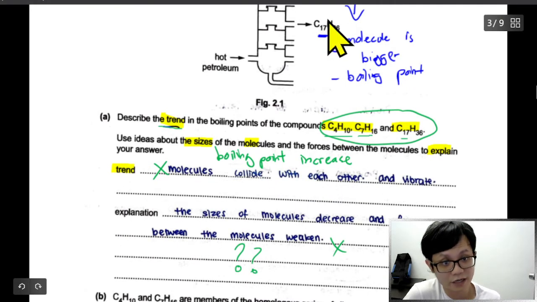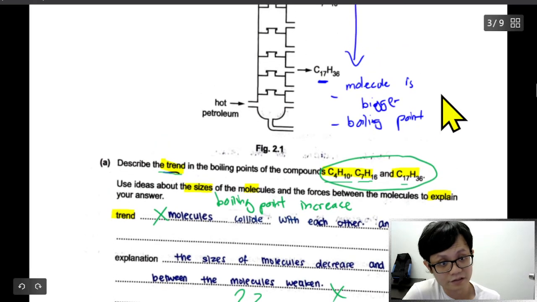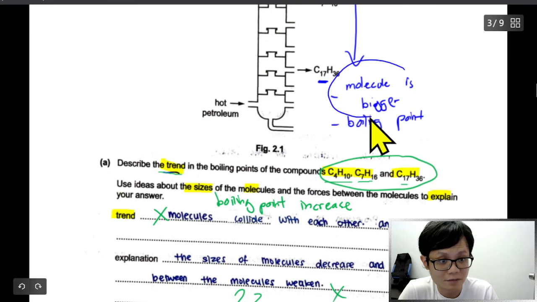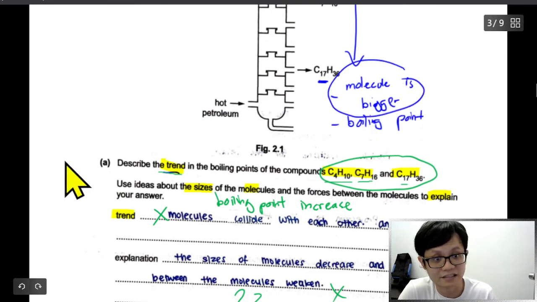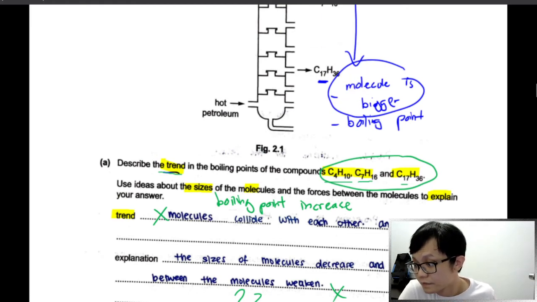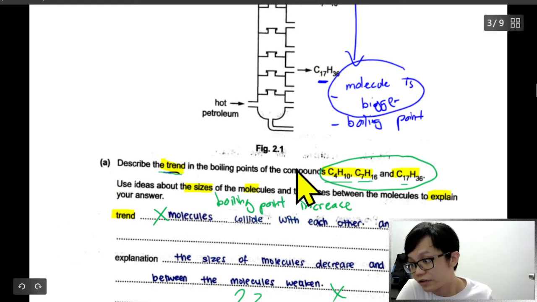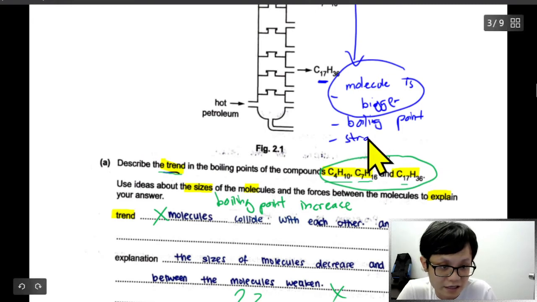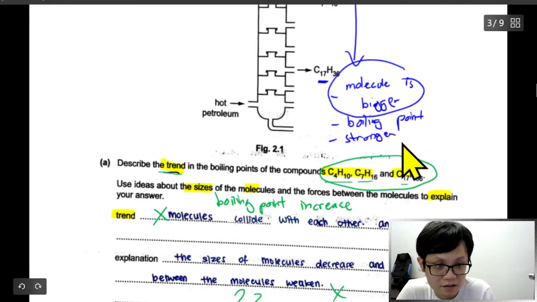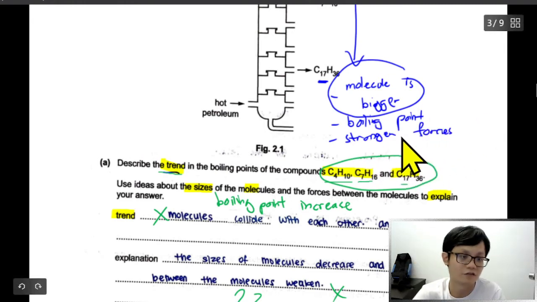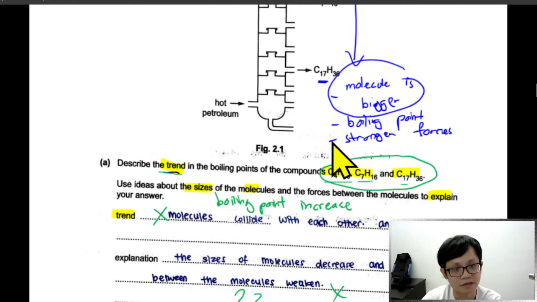Explain why the boiling point increases. First, because the molecule is bigger. Once the molecule is bigger, it has higher intermolecular forces, or I will say stronger forces between the molecules. Just write stronger forces between the molecules, easier, because as I said, if the molecule